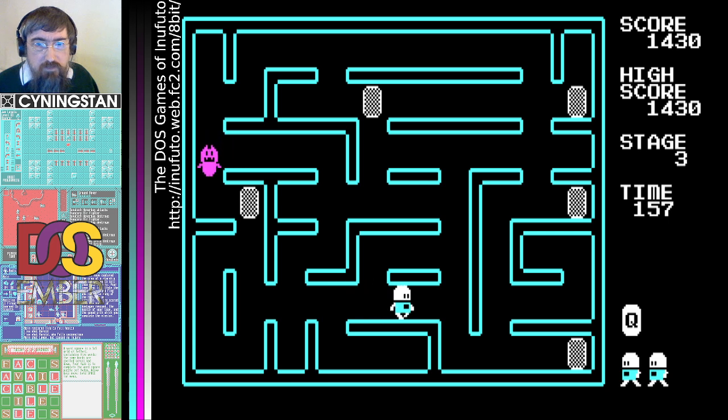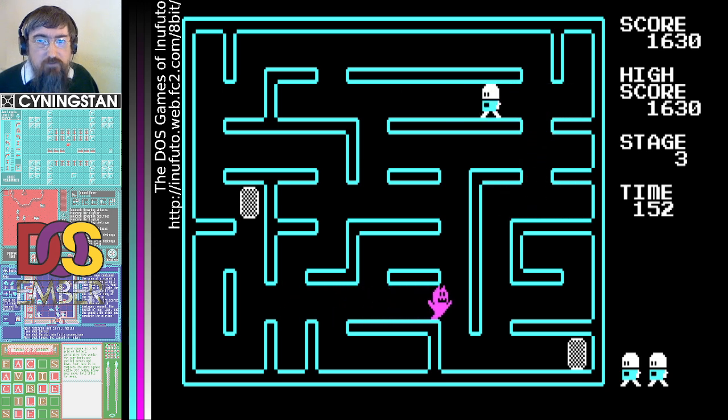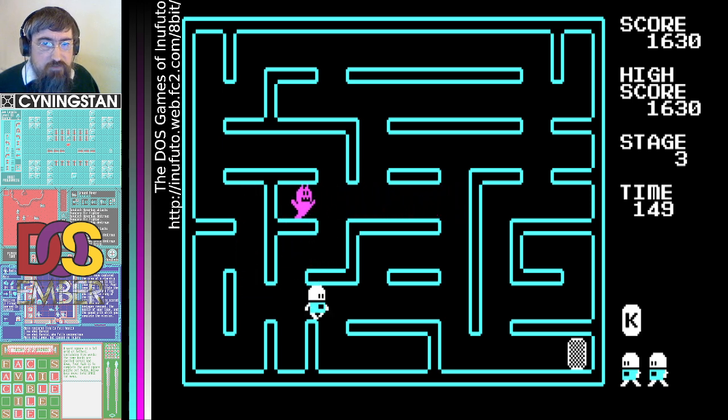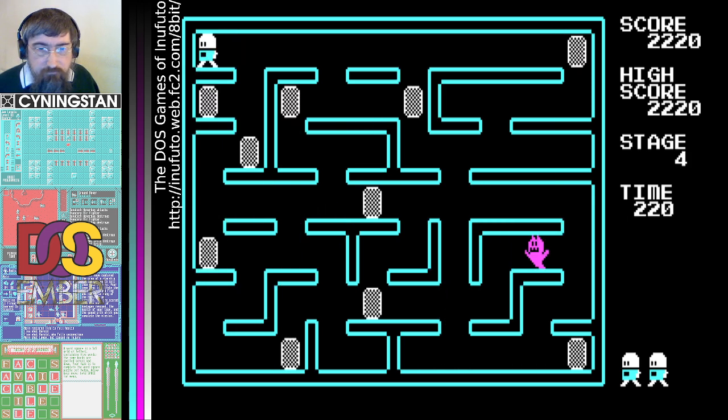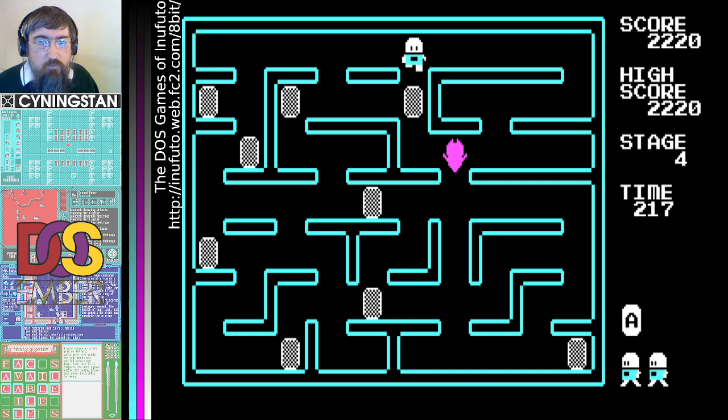Let's see which one of these is the queen. That's the king. So there's the queen. I'm glad I've got plenty of time on these. So you can move the cards about so they're in better positions to fire at each other. There we go, that's nice. Right, this looks like the kind of game where I might run out of time.